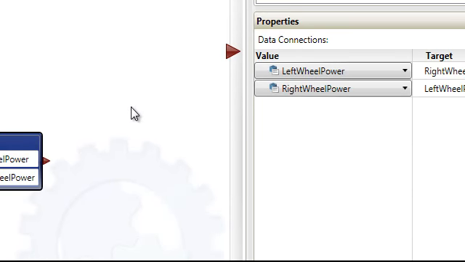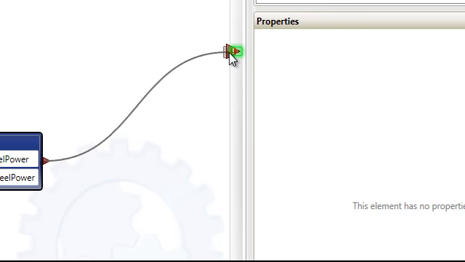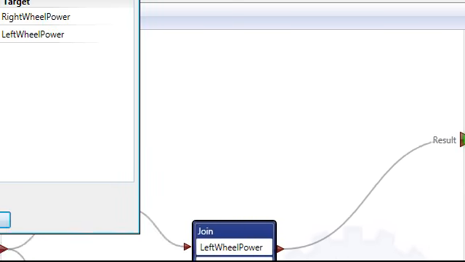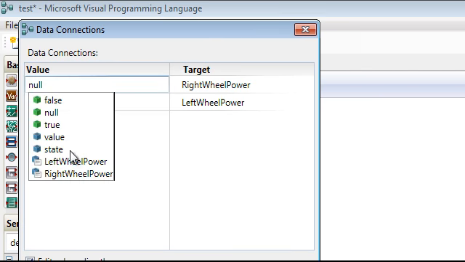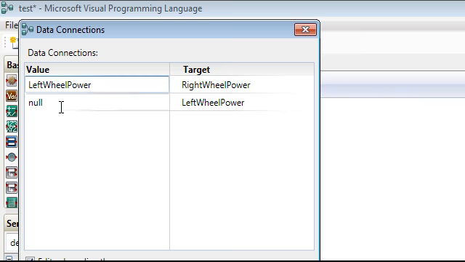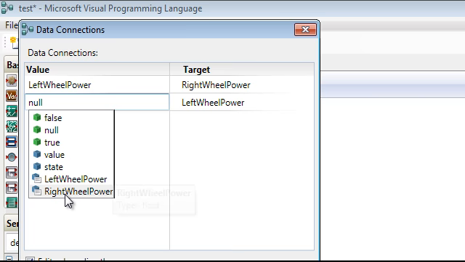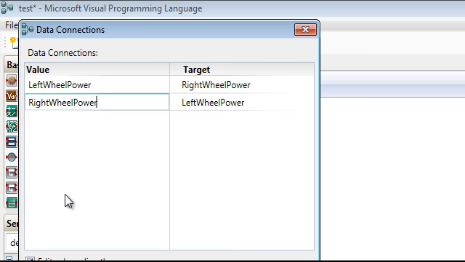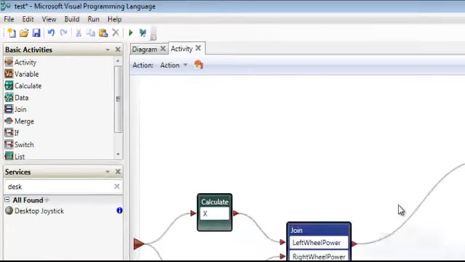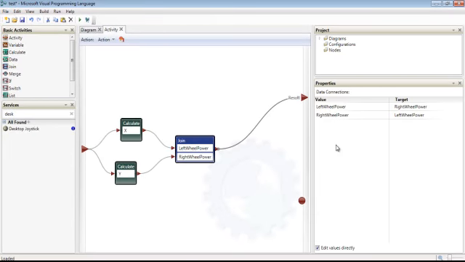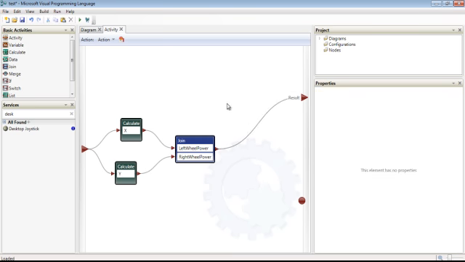First of all, if instead of writing value dot, I had just selected the ones that appear here, left wheel power, right wheel power, it'll actually work, the diagram will work, but then if I save that, open something else, then come back to it,